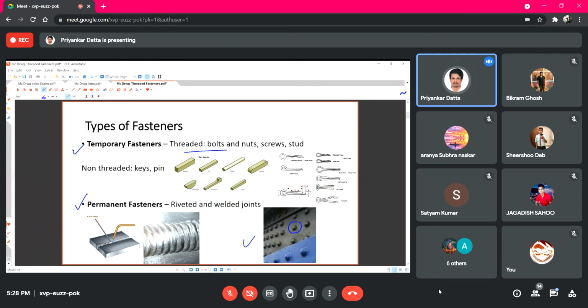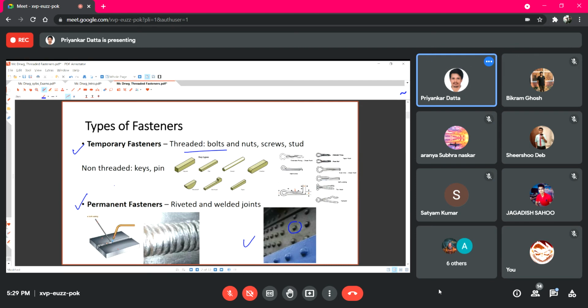We shall discuss that in the next class. So rivets are permanent fasteners, and most machine components are joined using temporary fasteners. Buildings and sheet metals which do not need to be disassembled, in those cases only we try to use permanent fasteners, right?